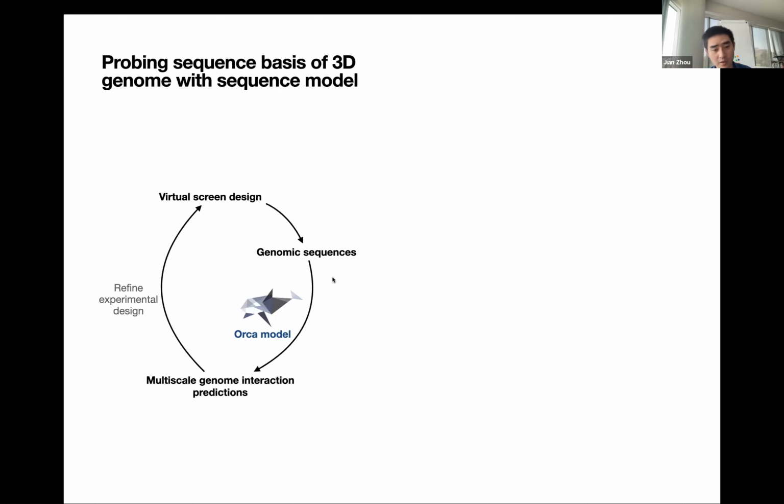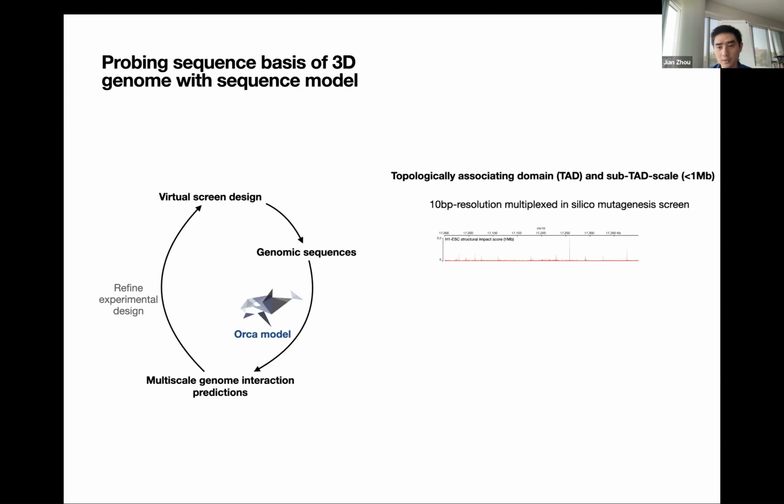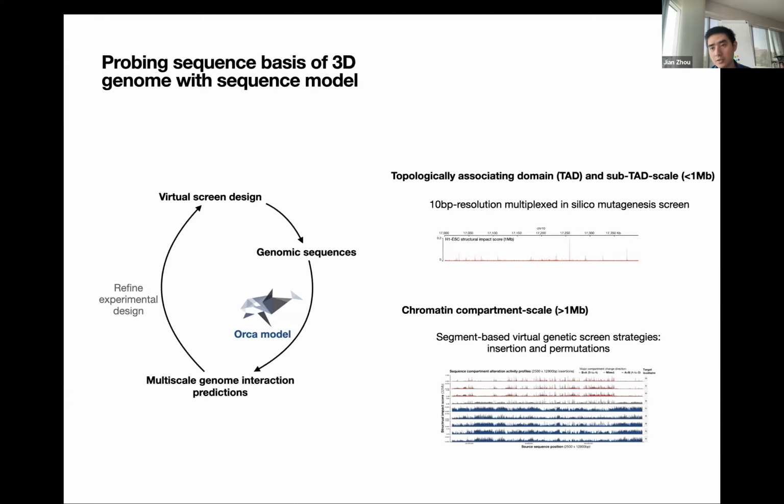Then we can use our computational models to predict the 3D genome structure carrying those mutations, and analyze our screen results. Because we have a computational platform for this, we can do this very quickly. We can also quickly iterate and design new virtual genetic screens, to improve our understanding of how the model is generating predictions based on those sequences. So we did this and used it to study the